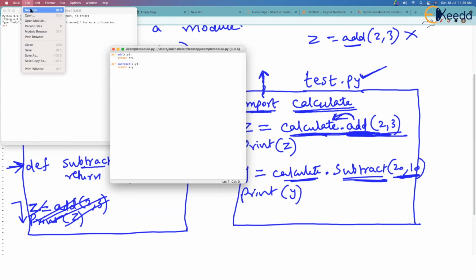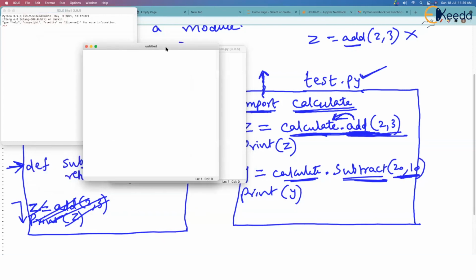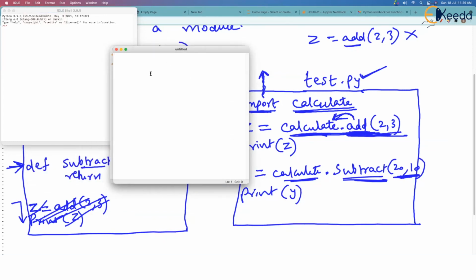Now what I do is I'll create a new file. One more file I'll create, and this file will start with import example_module. Now you see this line qualifies this particular program to use add and subtract functions because you have imported the entire module. And please try to understand, what we are writing itself is a module. I told you every Python file itself is a module. So please try to understand, one module is importing the other module. This is a module.